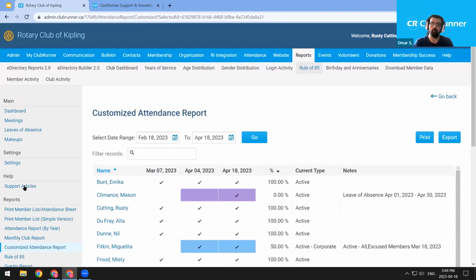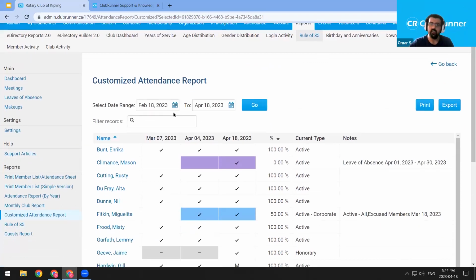So here we are. I've loaded the customized attendance report. It's pulling meetings from as far back as February 18th to April 18th. I apologize. I was under the impression our closed meeting wouldn't appear in this report. It does. So I'll have to correct my documentation about that. But here we can see all of the meetings within the month range. And if the member had attended, it displays a check mark, their percentage within the date range, any notes for leave of absences or excuses,